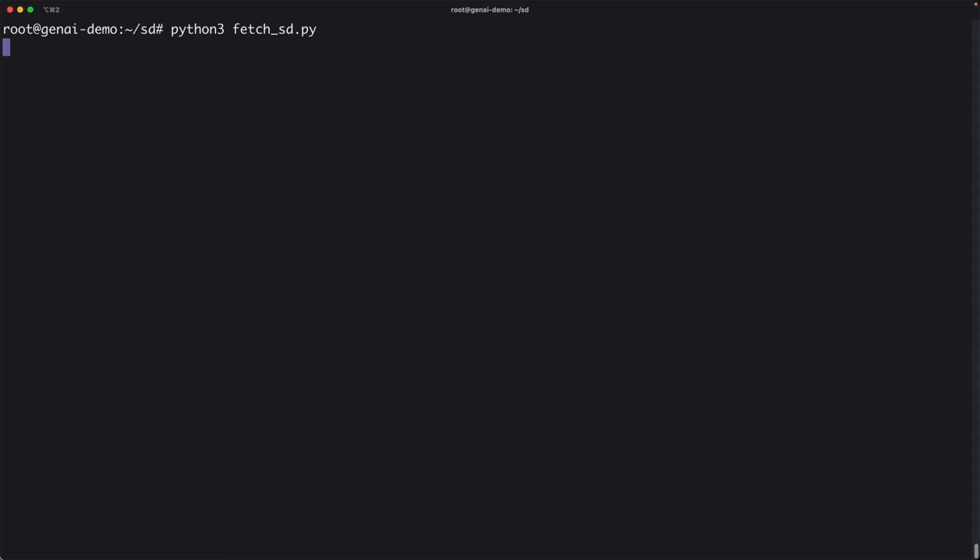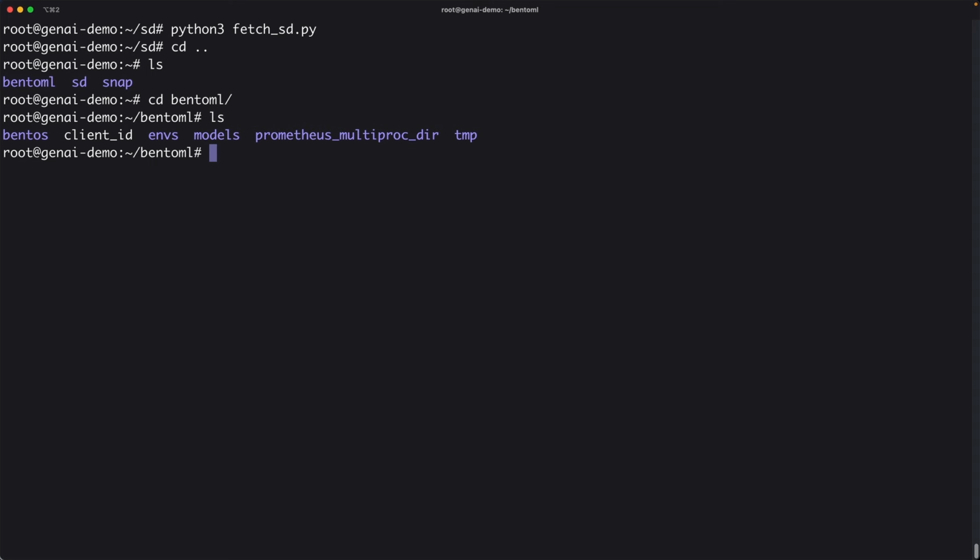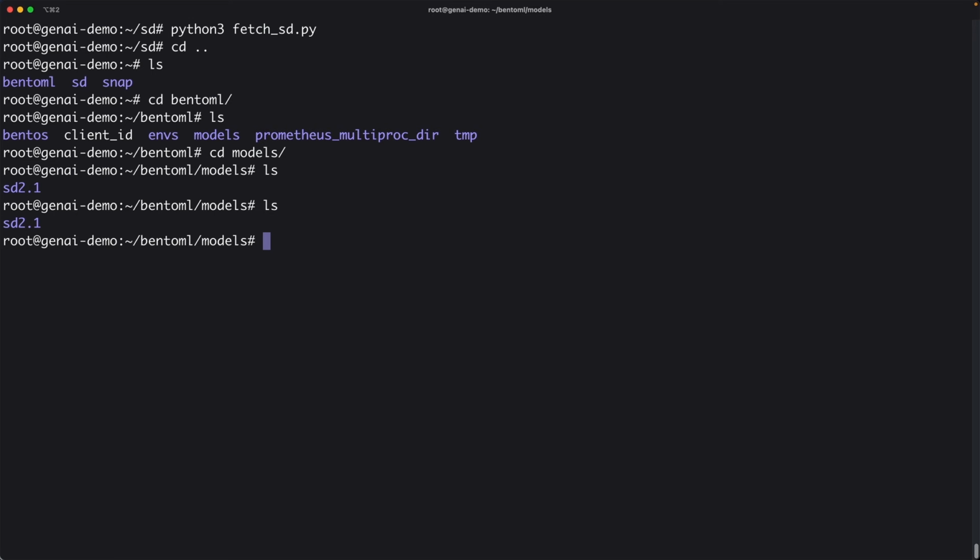So be patient, because what this step basically does is it actually fetches the entire model into this BentoML directory. So within this, if you go to models directory, you will see SD21 or 2.1, which is the version of the Stable Diffusion that we mentioned in our fetch model